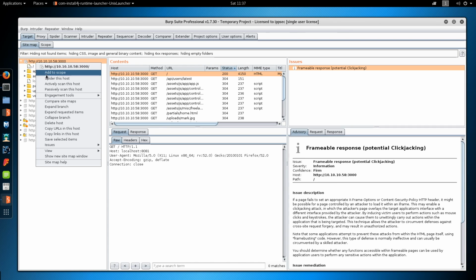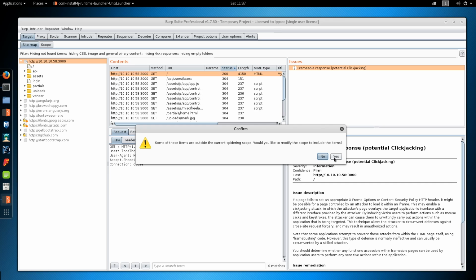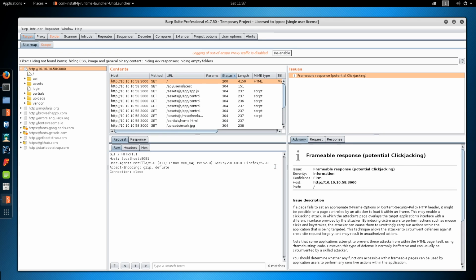So we're going to use Burp to spider this host, and just click yes to add it to scope. And now we don't have to use GoBuster because we already have the page. We just won't find any hidden content. So since we're not going to be using GoBuster or DirBuster to find hidden content, what I'm going to do